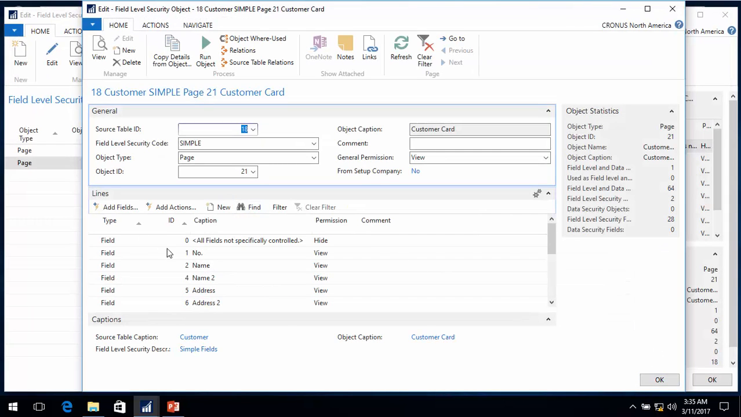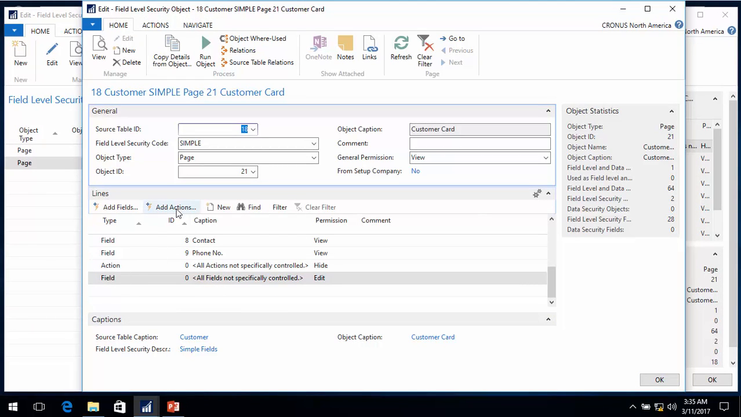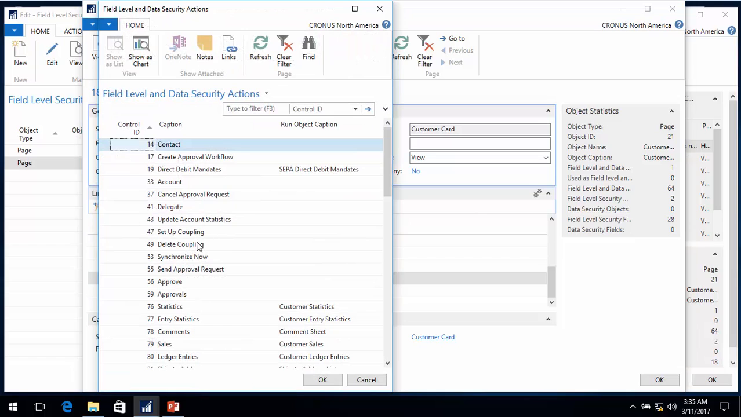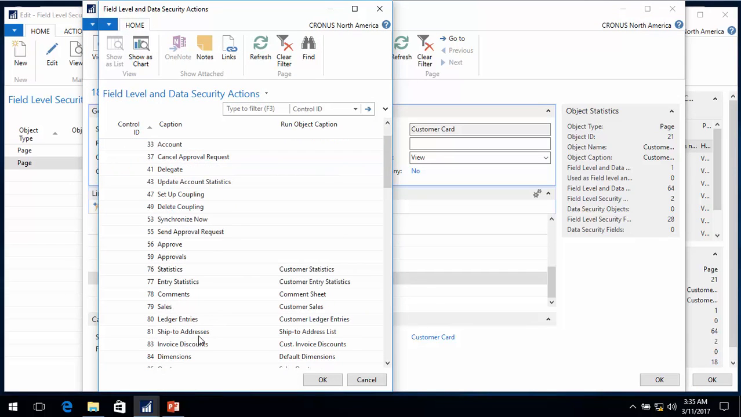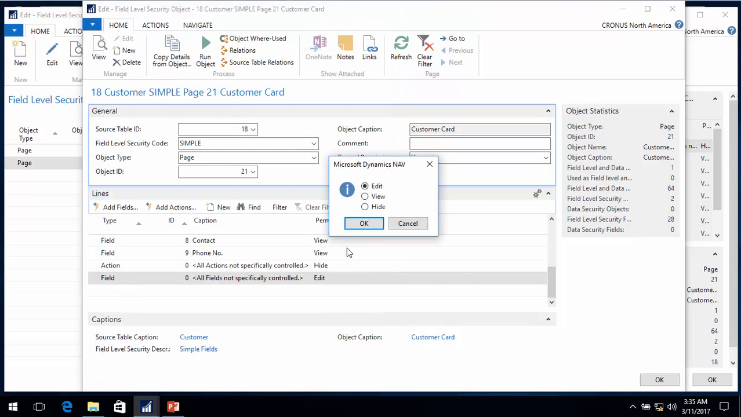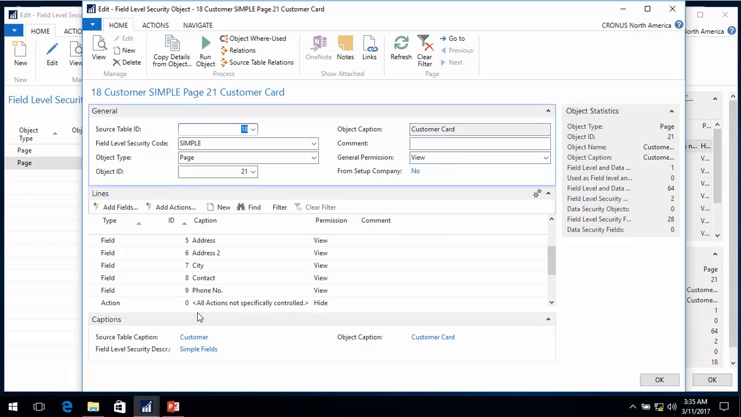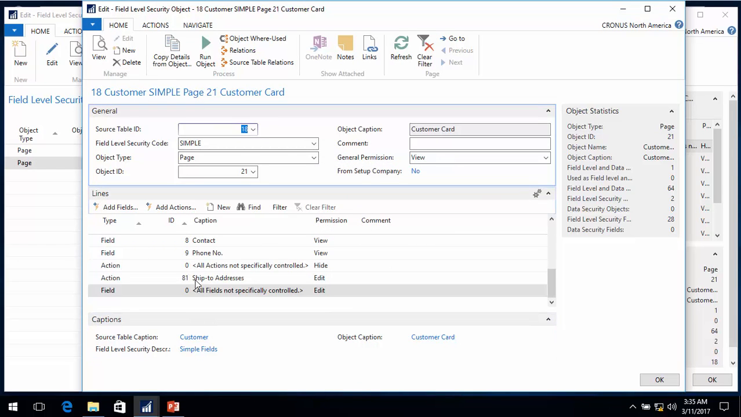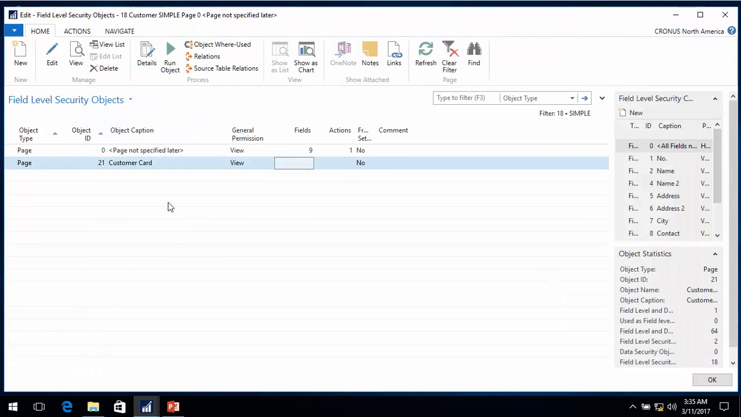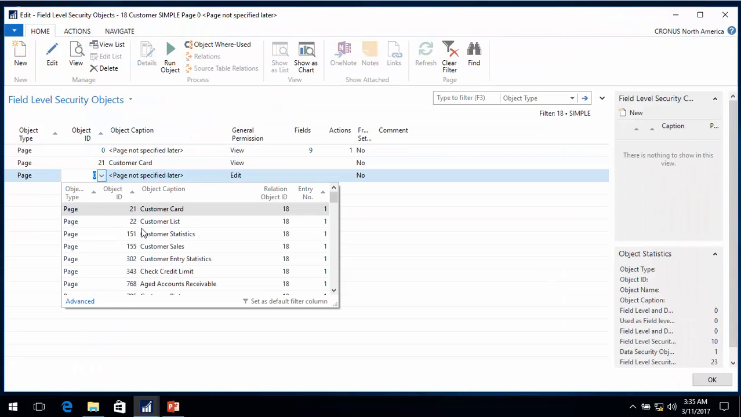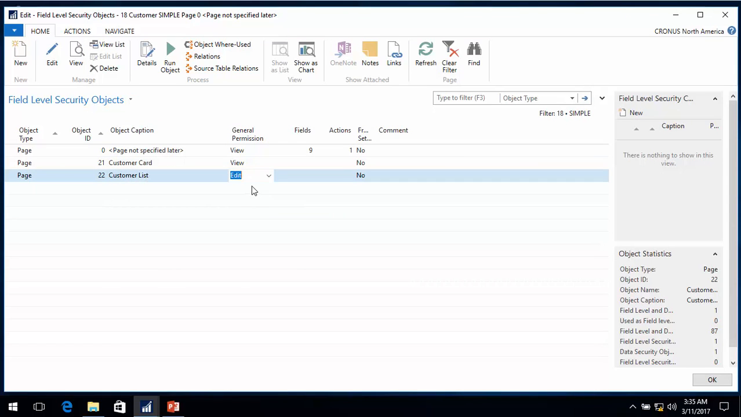It now copied all the fields, and since I'm hiding all actions, I can go in and add my list of ship-to addresses back, so people can actually see that one in here. And I'll make that editable. You can't add actions on page 0 because the number of the action actually depends on the page you're seeing in here. I can go do the same for the list and say that this one I want to make